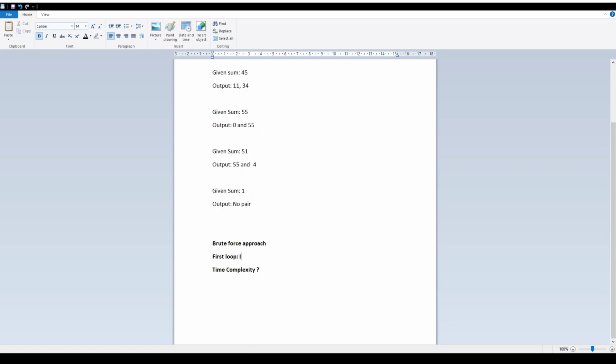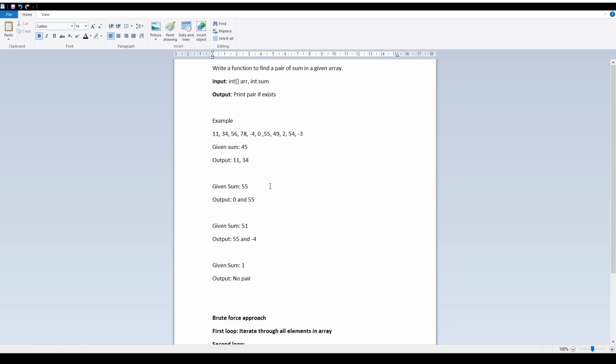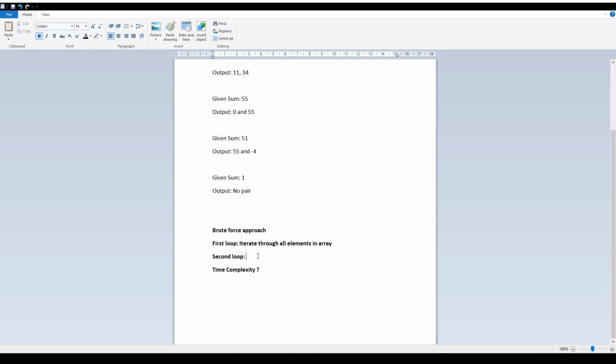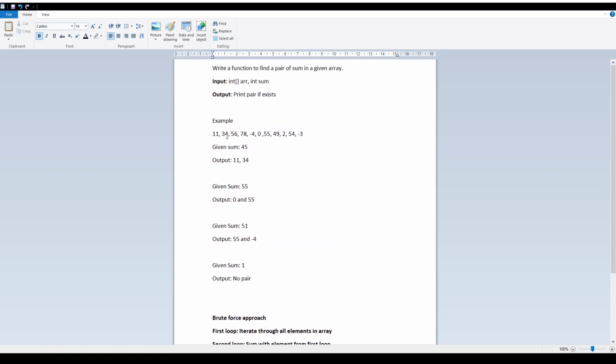The first loop iterates through all elements in the array, and the second loop iterates through all elements and sums each with the element from the first loop. This is what we are doing.